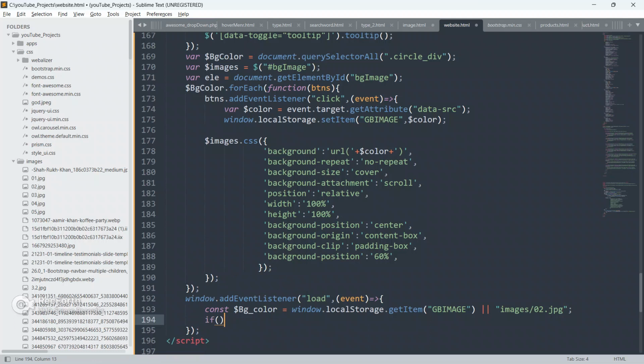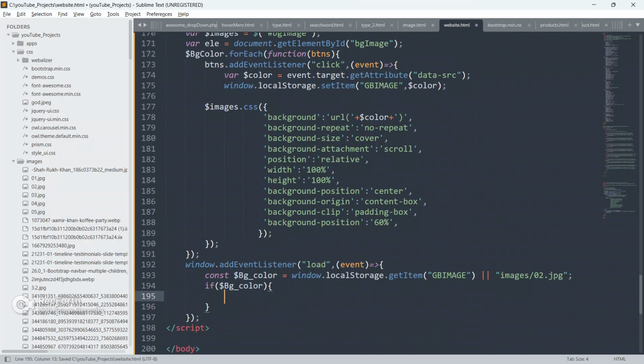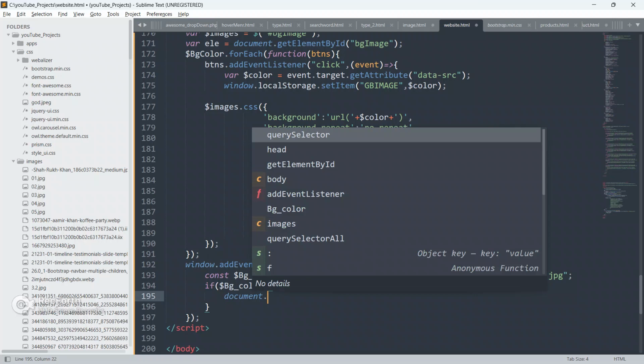Done, guys. So now we're gonna check if this bg color is there, means we have got something in the local storage, then only we will change the background color of the body of the section.